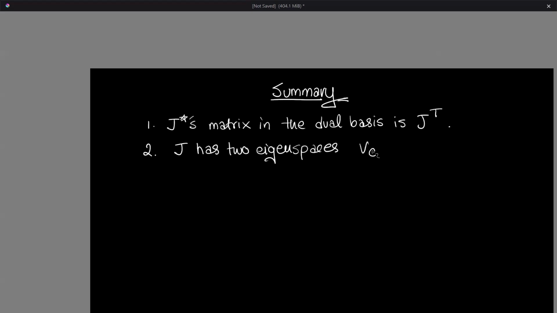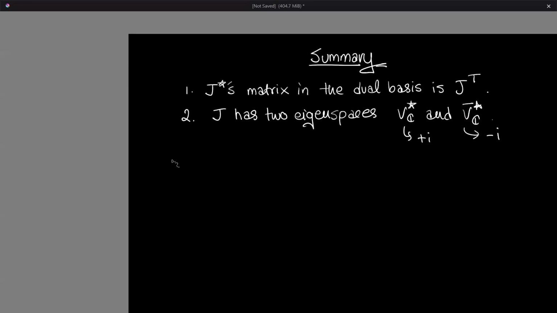That being VC star and VC star bar. This corresponds to plus I, this corresponds to minus I. And they're related by conjugation. Three,